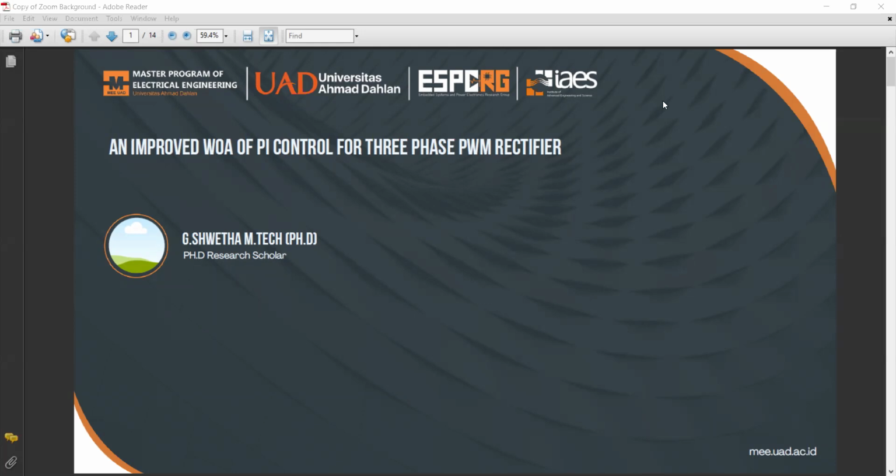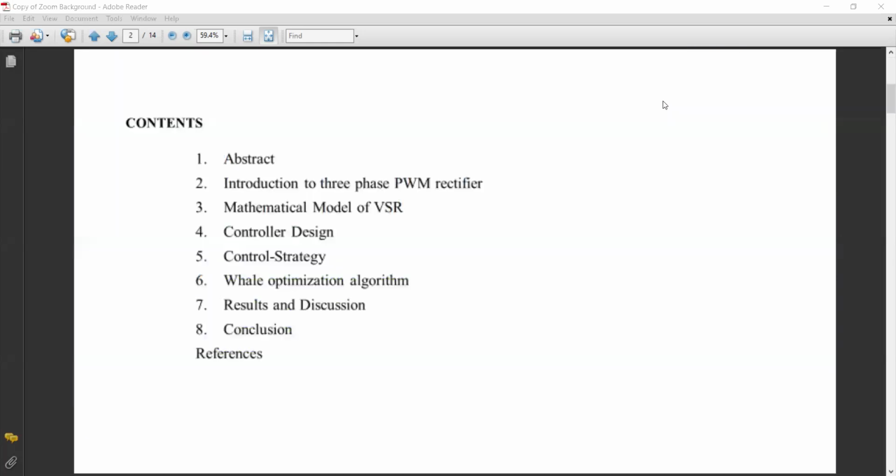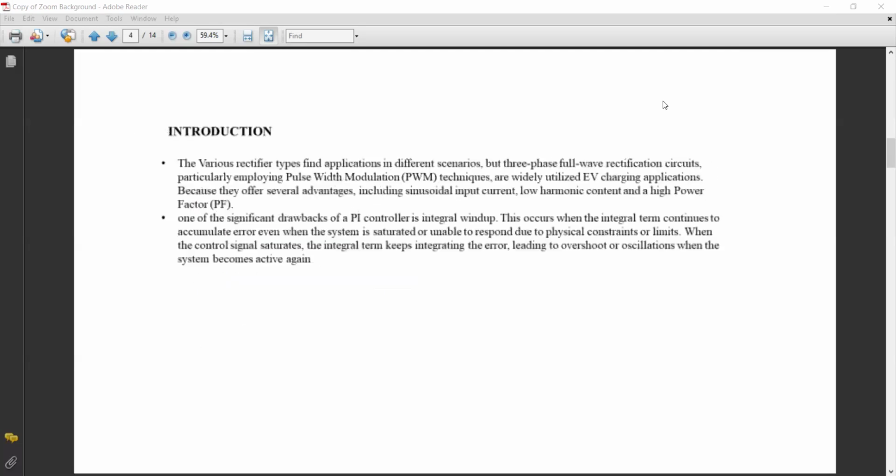Coming to the content section, it includes abstract, introduction to three-phase PWM rectifier, mathematical model of VSR, controller design, control strategy, whale optimization algorithm, results and discussion, conclusion, and references. Moving to the abstract part,